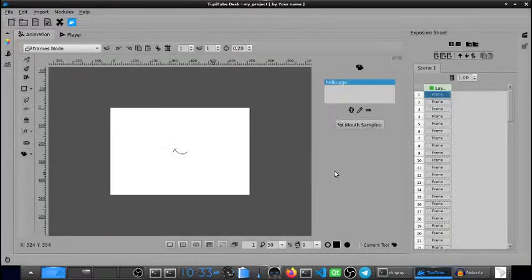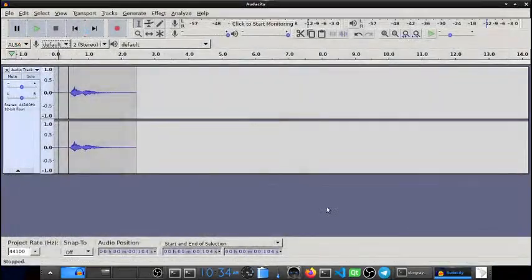And in this case, I will have to animate the rest of the character. Oh, I'm having some issues. Sorry. Oh, it seems it's frozen, but never mind. When you are going to work with your own mouths, you have to understand that you will have to animate the rest of the character.